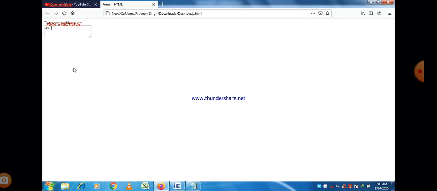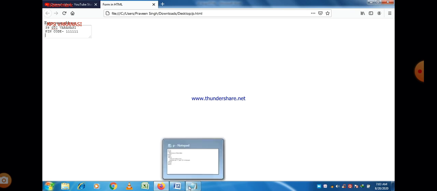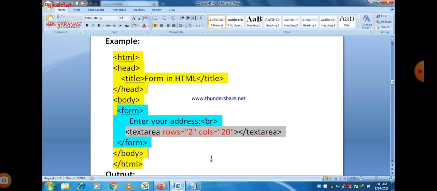So you can write anything within this text area. You can write your address, as I just write 39 GTC Varanasi. If you want to write this address in 2 lines, it is also possible. You can write your pin code, whatever it is. And if you want to increase the text area, then it is also possible by changing the values of rows and cols attribute. For example, if we just take rows is equal to